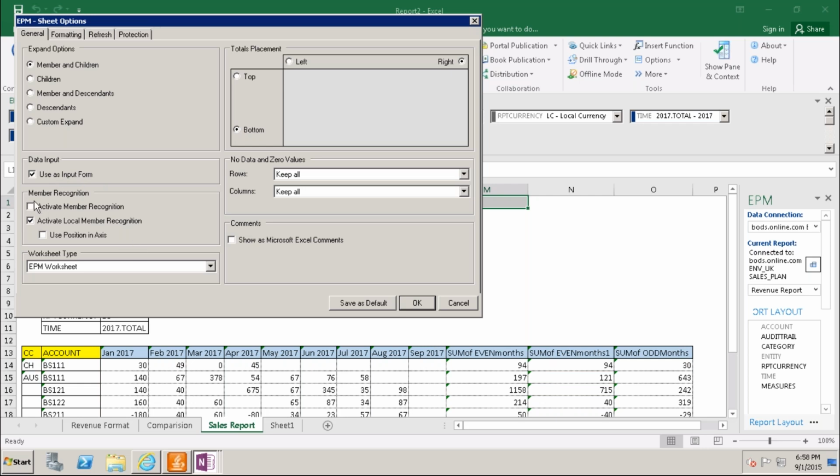So these two are the important member recognition points. One is the local member formula, which I already created for you.